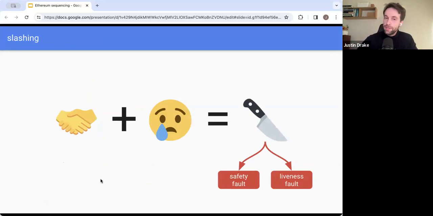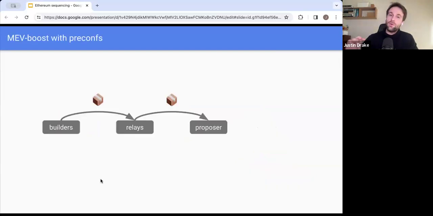So we have the slashing. We have the pre-confirmation requests and promises. All good. Now let's have a look at MEV Boost and how that changes the game with respect to block building. So right now, we're in a position where the block builders have monopoly power to build blocks. Well, they have not monopoly power, but they're unconstrained in terms of what blocks they can build in any given slot. They pass those blocks to relays, and then the relays forward those blocks to proposers.